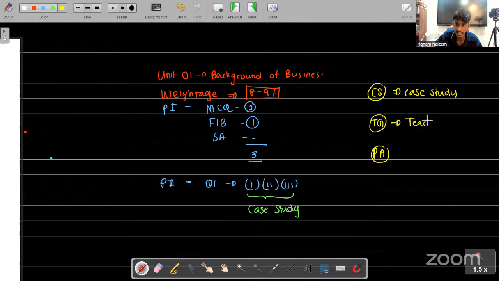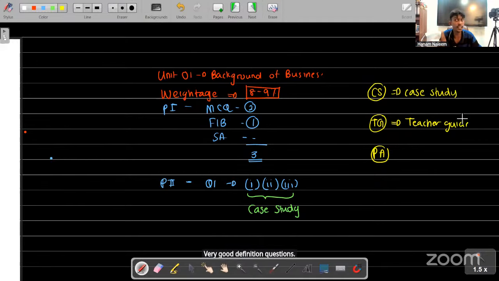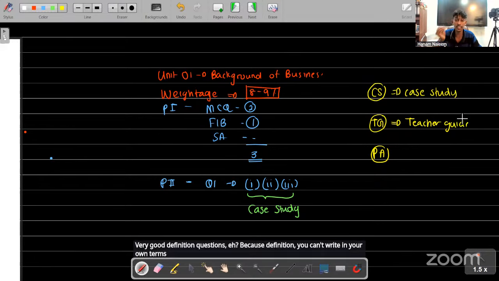those answers must be from a teacher's guide. You can't write any other answers apart from the teacher's guide. Mostly, which type of questions do they expect you all to write from the teacher's guide? Exactly a copy of the teacher's guide. Very good. Definition questions, because you can't write a definition in your own terms. So usually for teacher's guide questions, mostly they go with definitions,